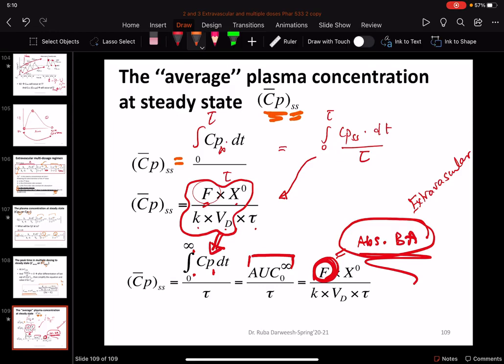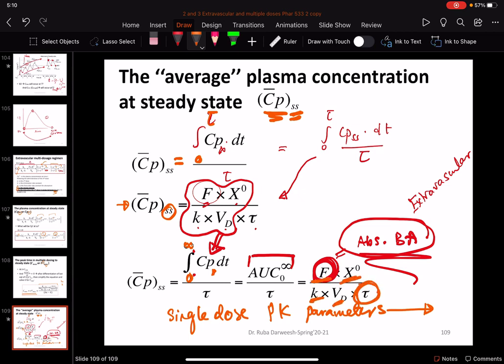And the same concept of what we said in IV bolus: the average steady state concentration is equal to the integration from 0 to tau at steady state, and it's similar to the integration of the first dose over tau. That's why we use single dose kinetics or single dose PK parameters to get information about, again, the fraction, dose, K and Vd, and by changing only tau, we can determine the average steady state concentration. And by this,